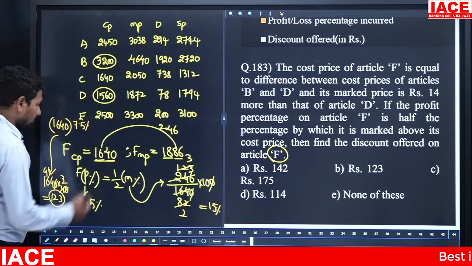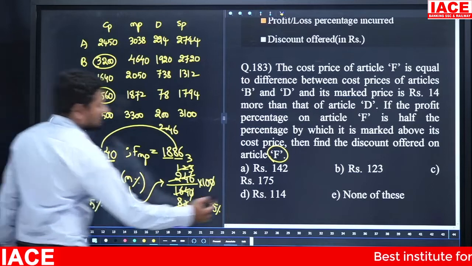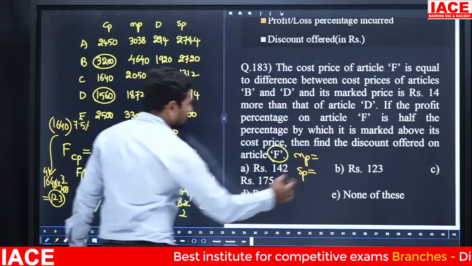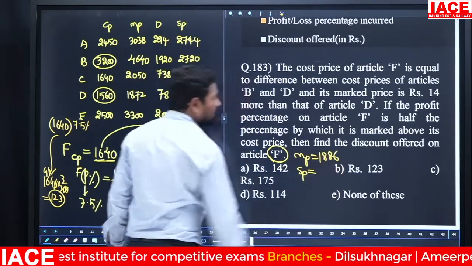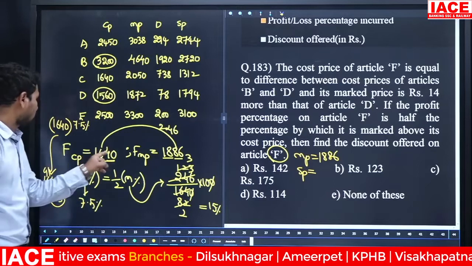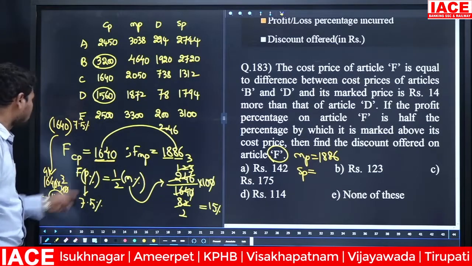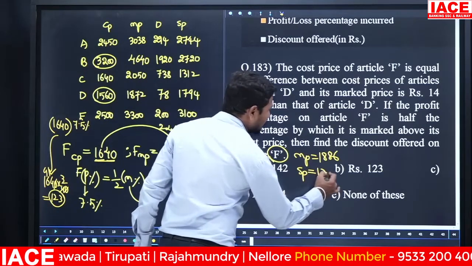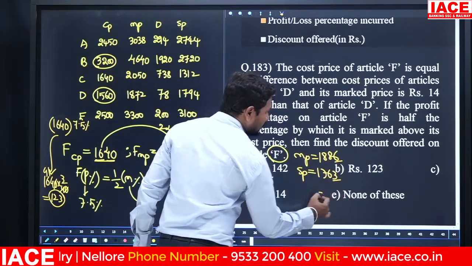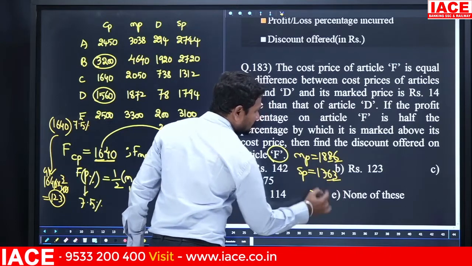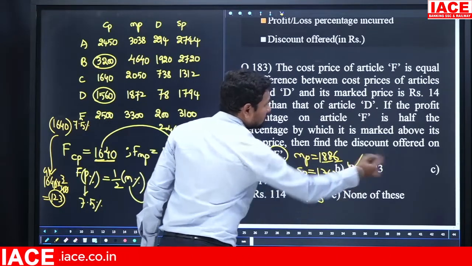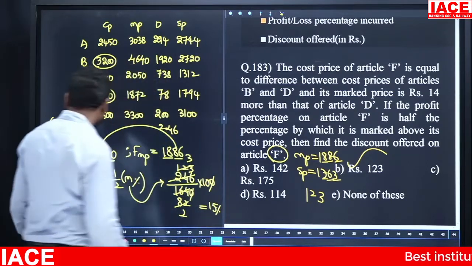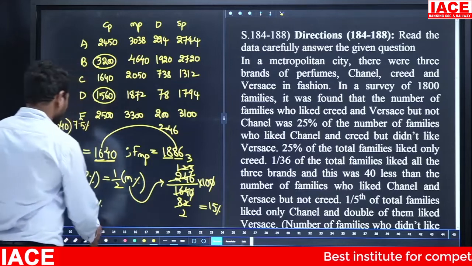Okay, 123 will be the extra on the selling price. Here, coming to the market price and the selling price, the market price is clearly mentioned as 1886 and I need to know the selling price. How to calculate? Cost price is 1640 plus extra 123. It becomes 1763. 6 minus 3 is equal to 3, 8 minus 6 is equal to 2, 8 minus 7 is equal to 1. Then how many rupees discount offered? 123 rupees discount offered. Option B. Okay, the data is completed.